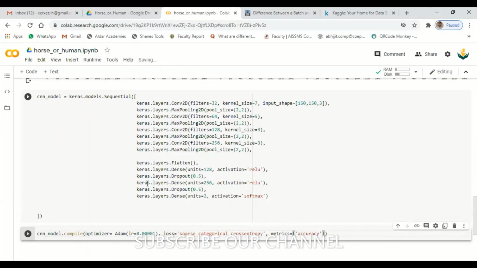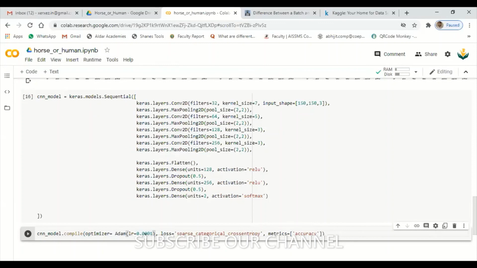Let me compile this. Let me cross verify the code first. CNN model, so the model is ready now. Compile, optimizer, this is the syntax. Adam, I'm going to set the learning rate here 0.0004. Is it positive? No, 004 takes a lot of time. Let's have 003.